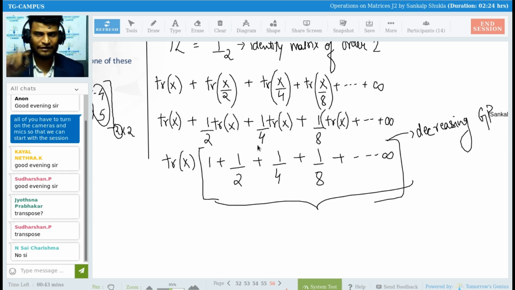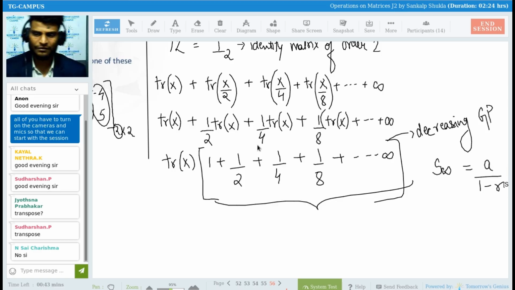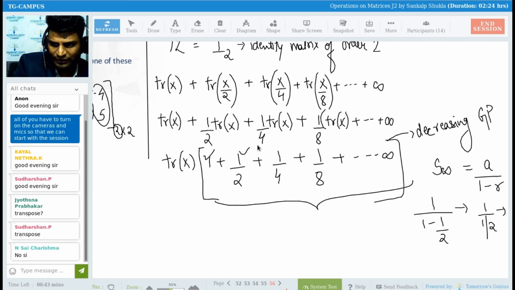Now what is the sum of infinite terms of a GP? I know this formula. Sum to infinity is A over 1 minus R. So here A is 1 and R is 1 by 2. So 1 over 1 minus 1 by 2, that is 1 over 1 by 2, that is 2 only. So I got my answer as trace of x